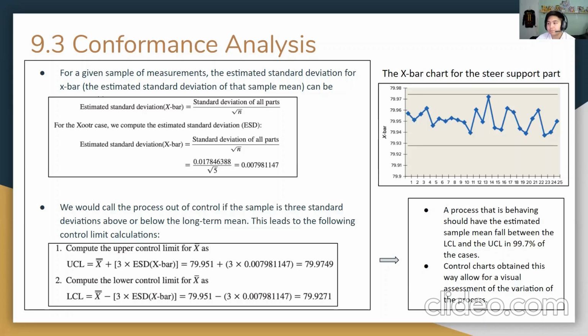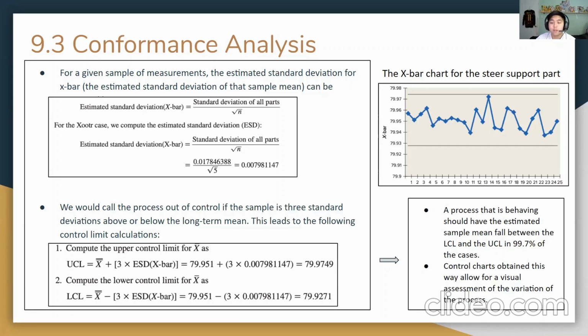0.007981147. We would call the process out of control if the sample is 3 standard deviations above or below the long-term mean. This leads to the following control limit calculations. Compute the upper control limit for X bar as UCL equals X bar plus 3 times the estimated standard deviation of X bar. As calculated, it would turn out to be